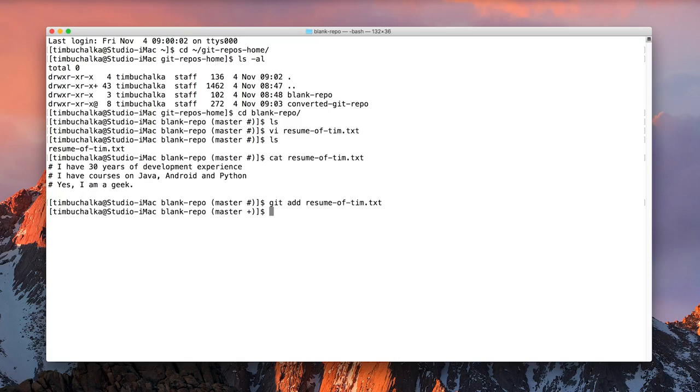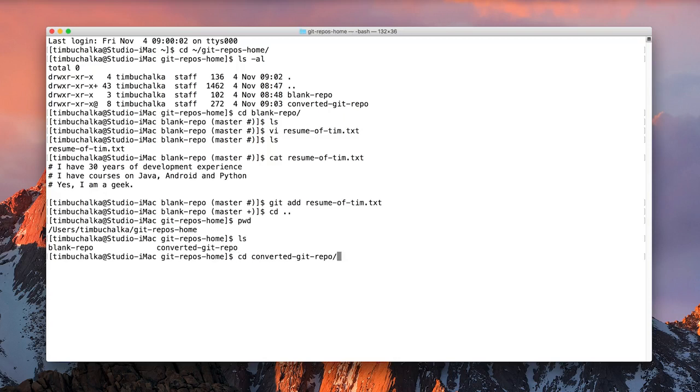So that's how you go about adding a single file, but we can also do the same to multiple files in the index and add them in one go. So let's go back to the other folder that we're working on, which was the converted one that we worked on in the last video. And I'm going to do cd space .. That takes us to the main folder there. Then I'm going to go into the